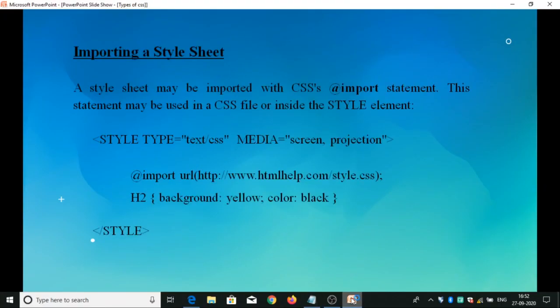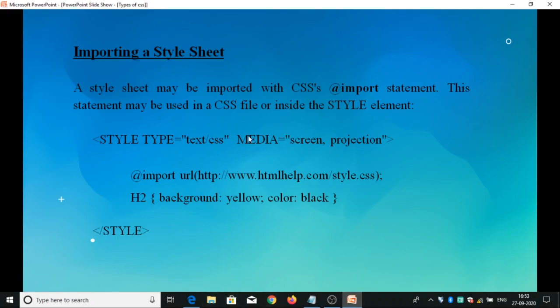And the next type of style sheet is importing a style sheet. We can also import a style sheet with the @import statement. These statements may be used in a CSS file or inside a style element. Here I have represented this in a style element.